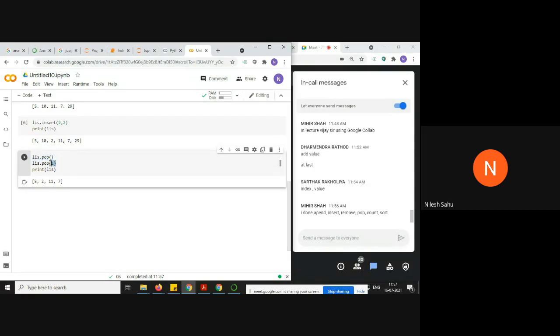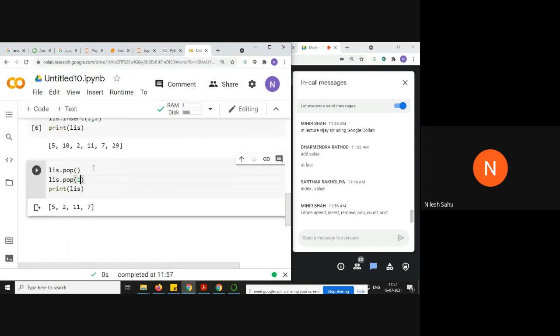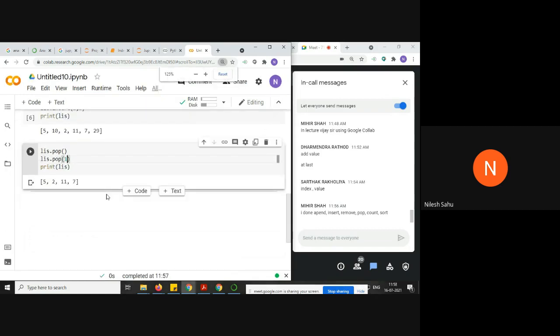When I use list.pop and pass an index number, it is going to remove the element at the given index. So when I use list.pop, 29 is going to be popped out from the list. When I use list.pop and pass index number 1, the value at index 1 is 10, so this is going to be popped out. And the values 5, 2, 11, 7 are currently inside the list.